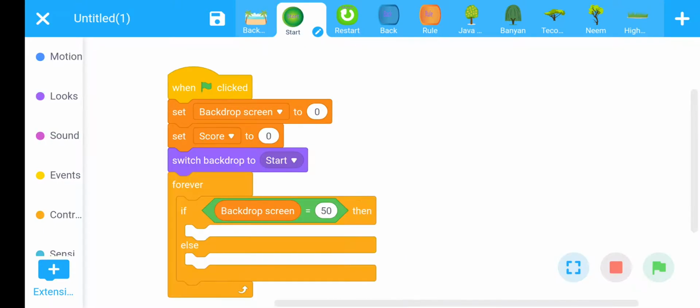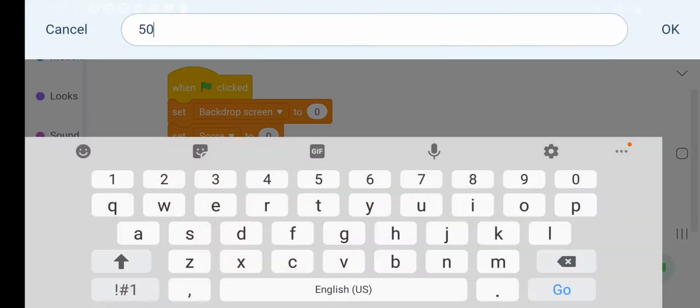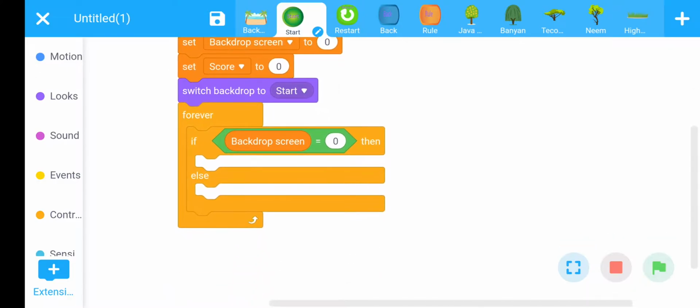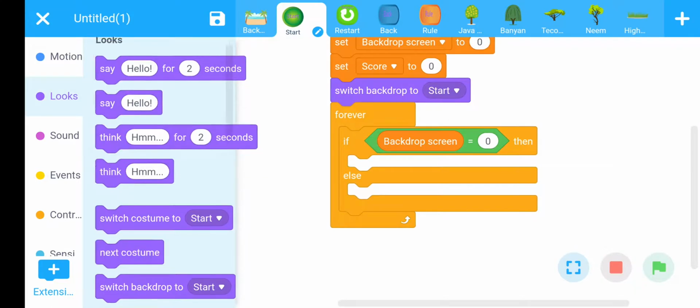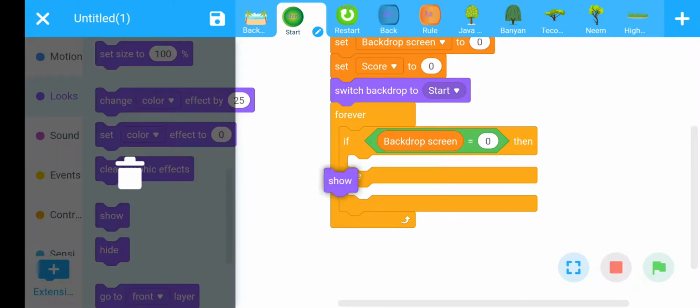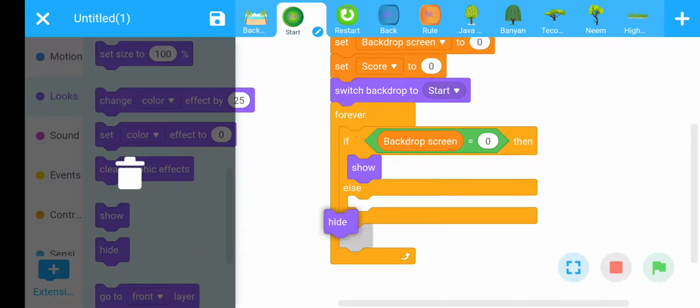Then go to the start button, assign the 0 value here, then OK. If backdrop screen equals 0, that means we are talking about the start screen, then the start button should be shown, otherwise hide.